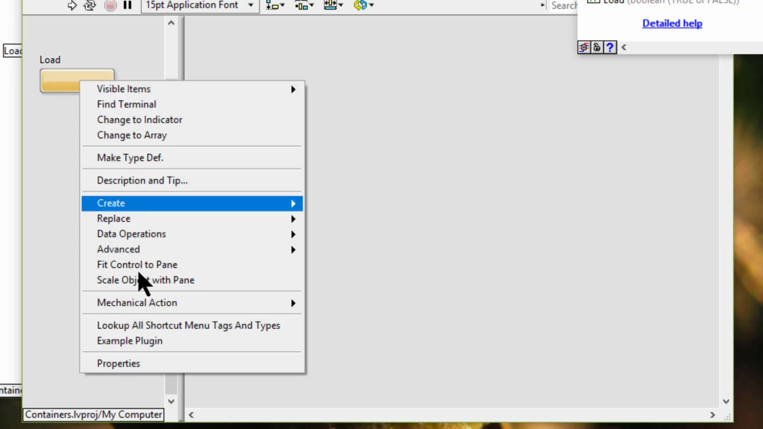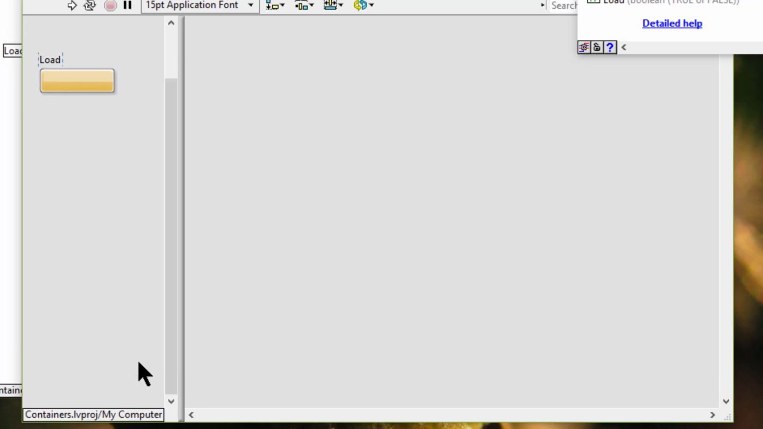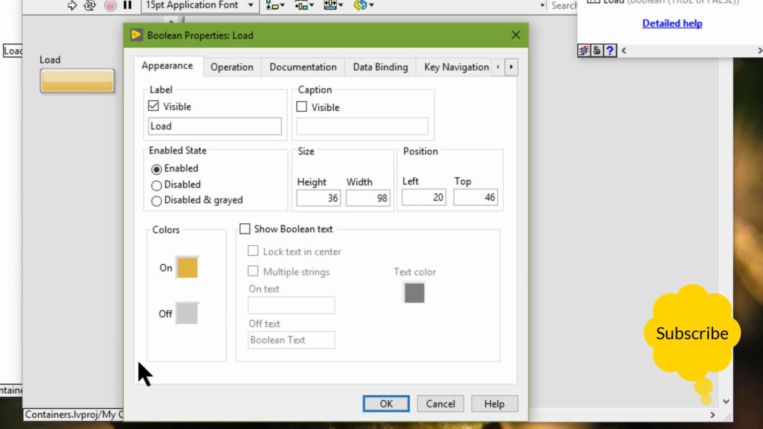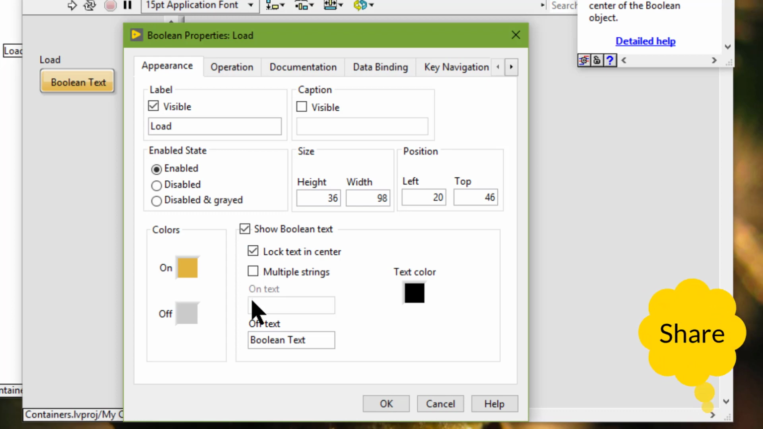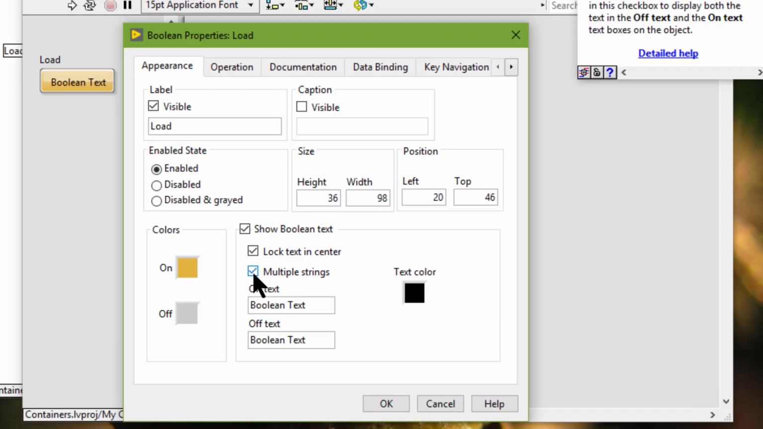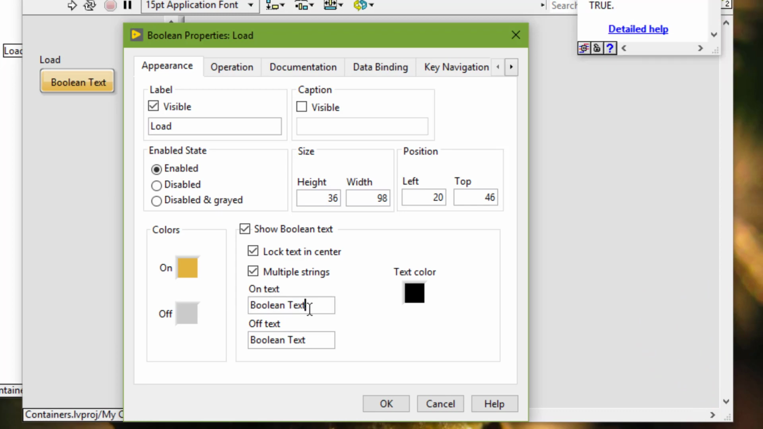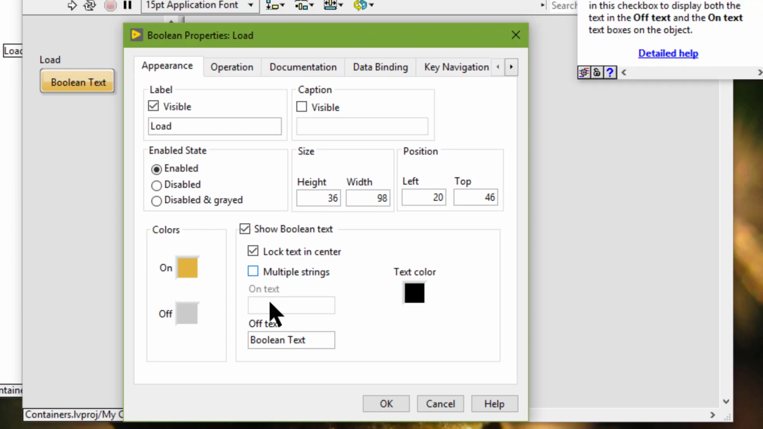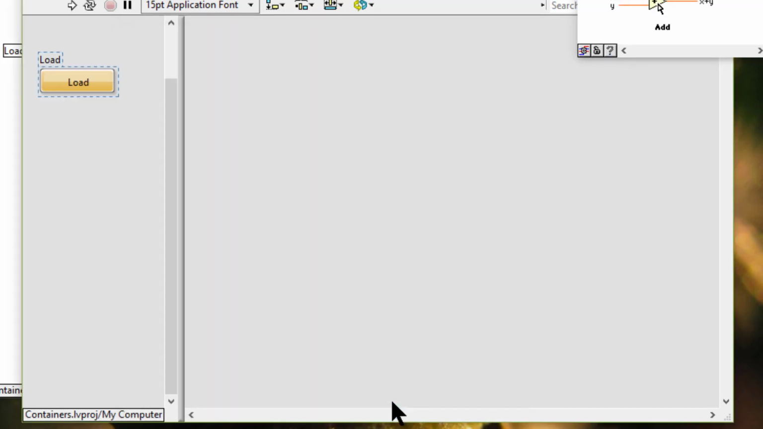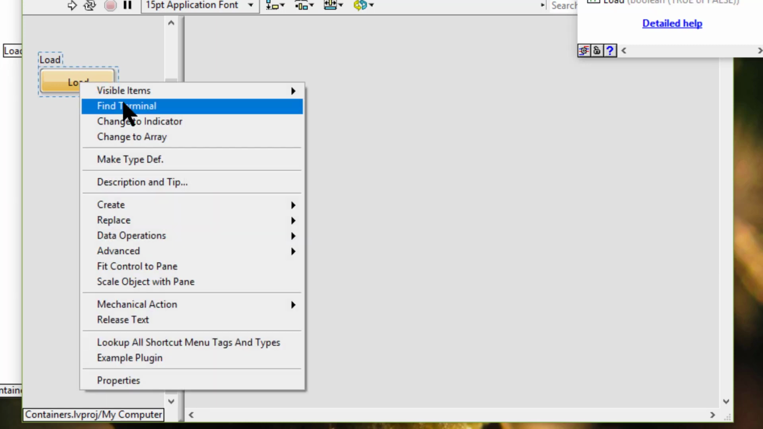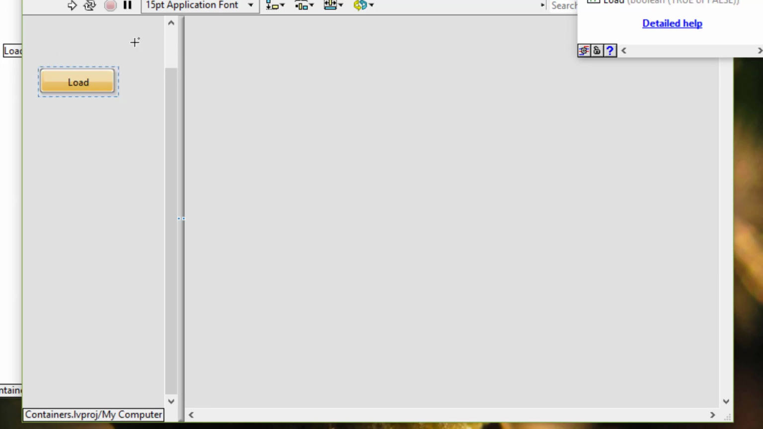Let's rename it to load. Since it does not have a boolean text, let's go to properties, let's turn on show boolean text, lock text in center. We don't need separate text for on or off, so let's just place the text as load. Let's turn off the label